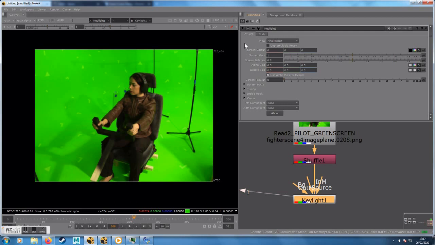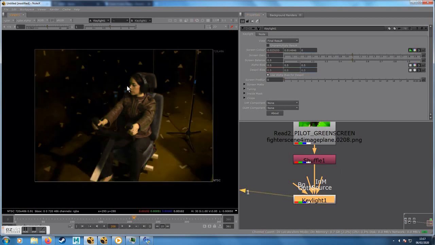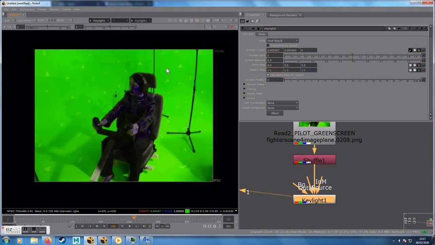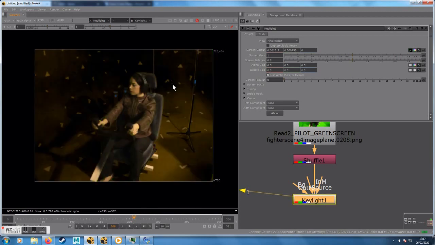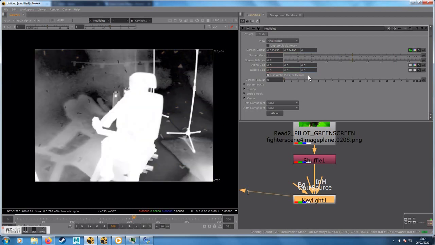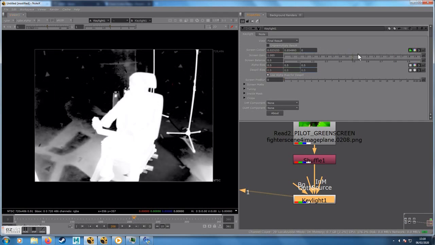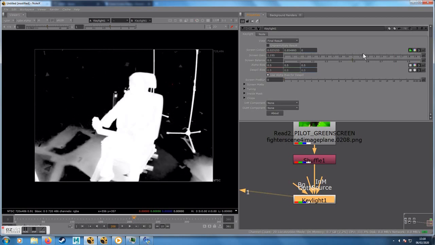To get the key, we go up here to screen color, click on the black box so that a dropper comes up, and then holding control and touching onto the green background will pull a key. You can instantly see the key turning the green background to a transparent or black result. Just click on the A button so we can see the alpha channel,